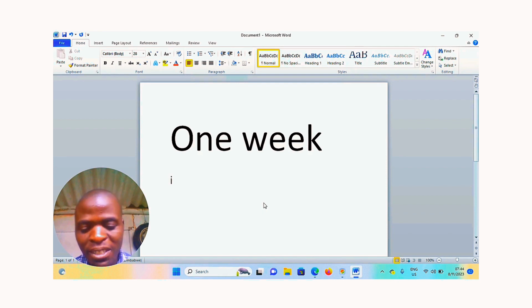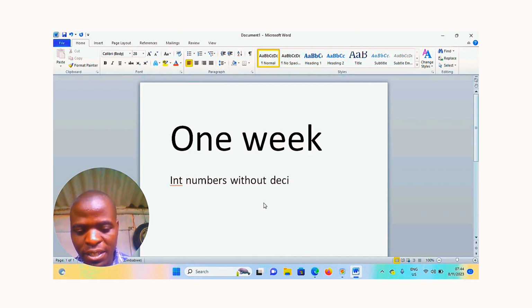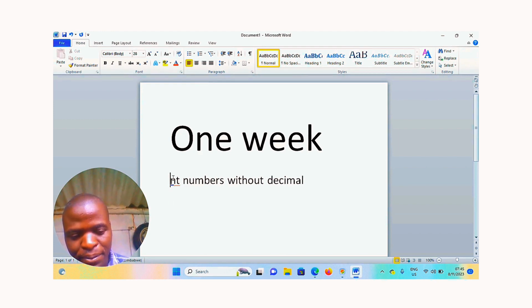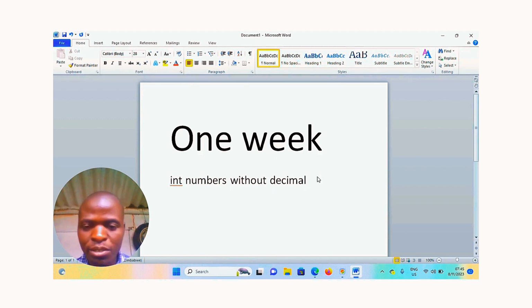You have what you call integers. These are numbers without decimals. Remember, this is a small letter i for int. If you put a capital I, you get an error.